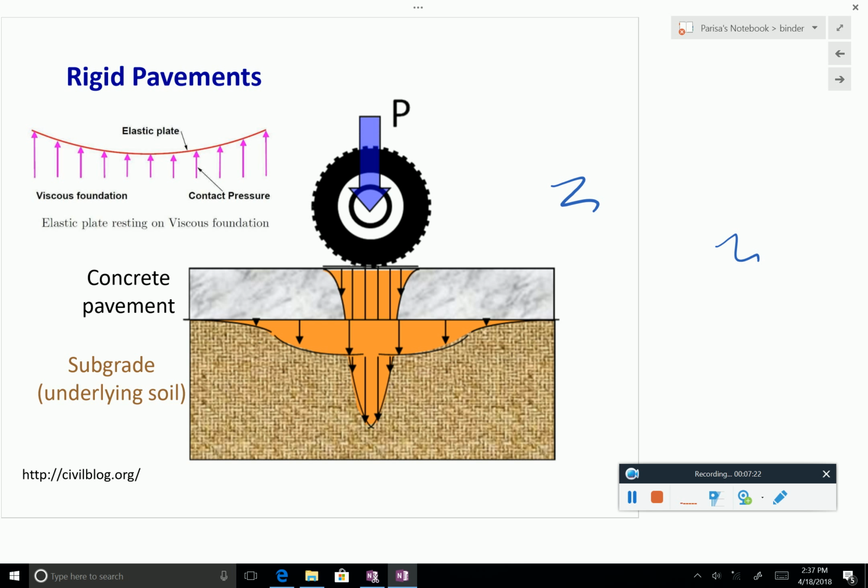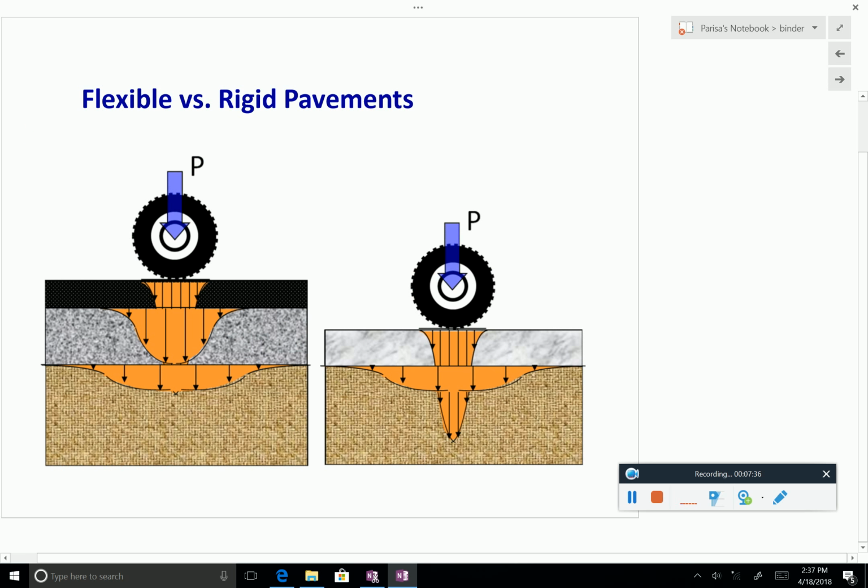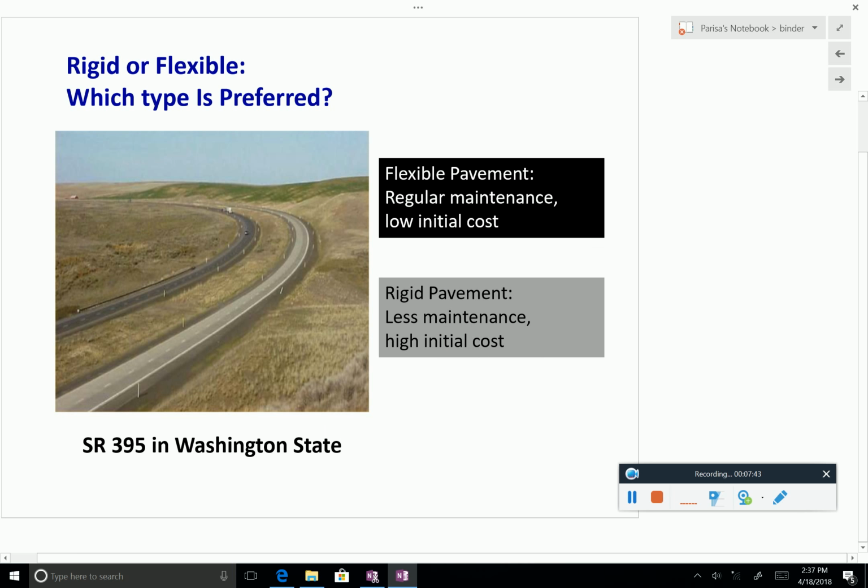So in concrete pavement, we don't care much about what is underneath the pavement because the slab is doing most of the work. In asphalt, the other layers are also important, asphalt pavement. And this is how, if you want to compare them. There are other differences that, for example,